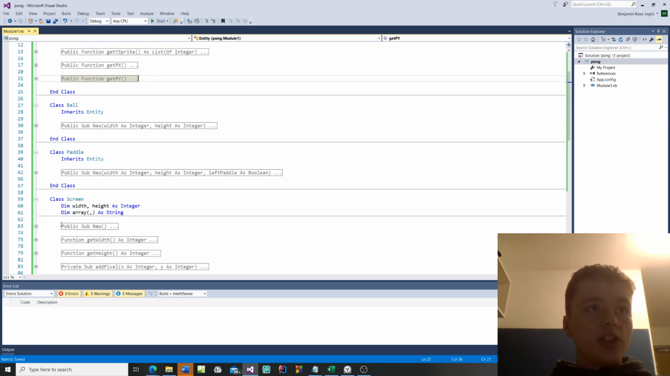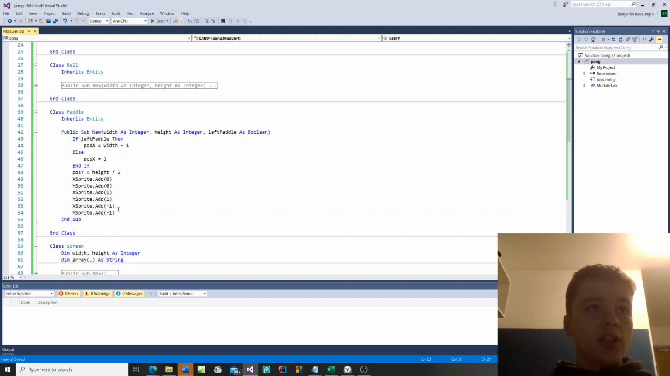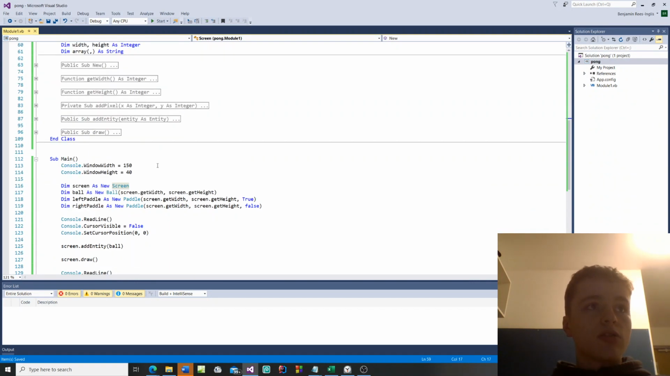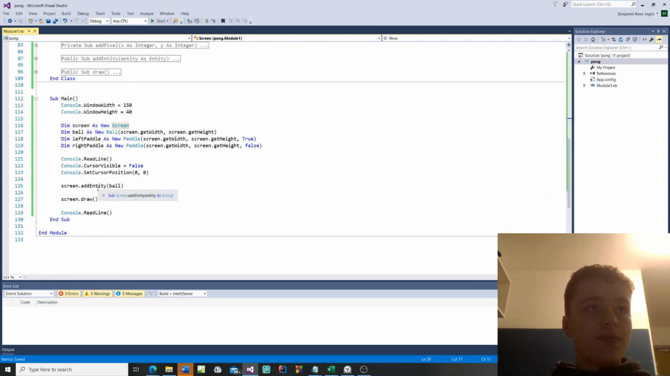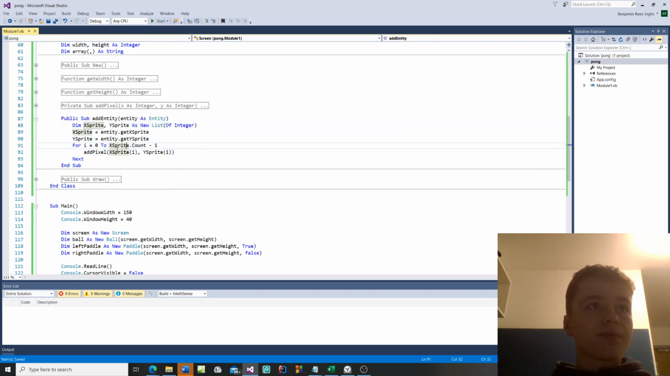We also want to change in paddle. We don't want to change the x sprite, is what I'm trying to say. Just want the y sprite to change in paddle. So then if we scroll down to here, add entity ball. So that wouldn't affect ball. Yeah, it's in add entity. So it's not x sprite, it's